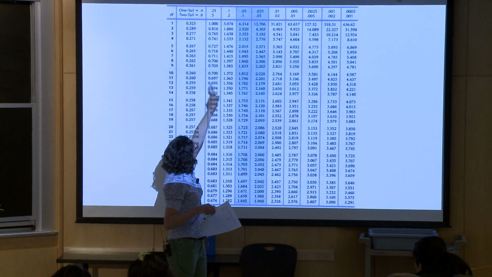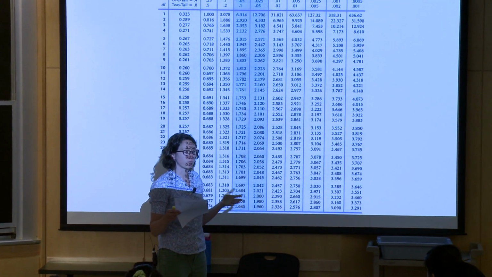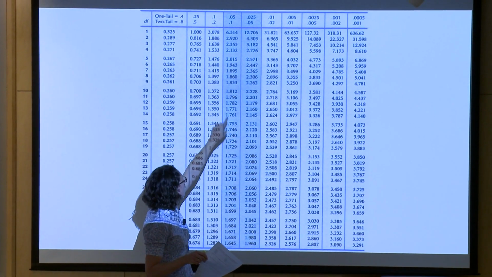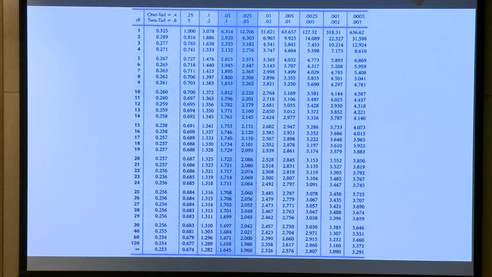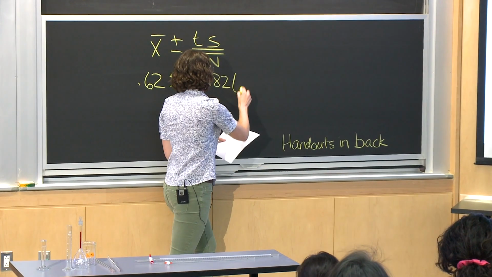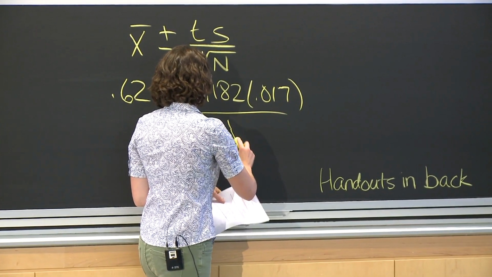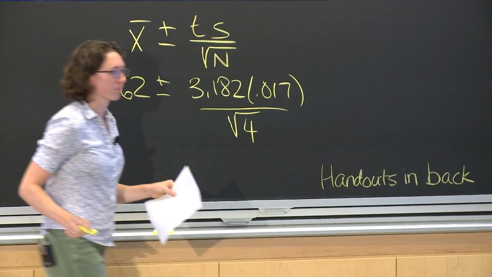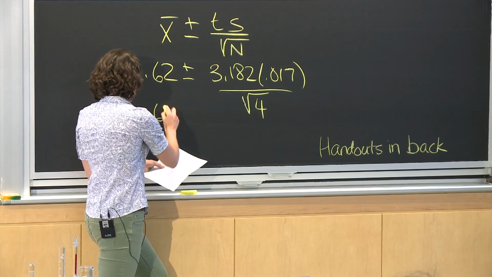So you want one that has a value of 0.05, which corresponds to the 95% confidence interval. And with 3 degrees of freedom, 3.182 is our t-value, times 0.017. And what you get if you do that out is